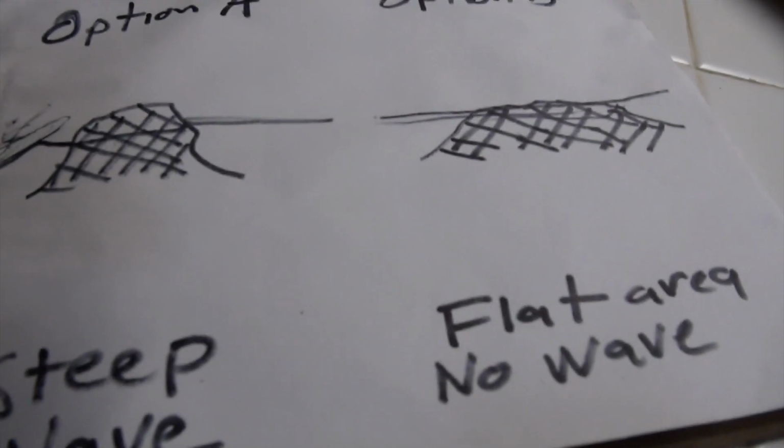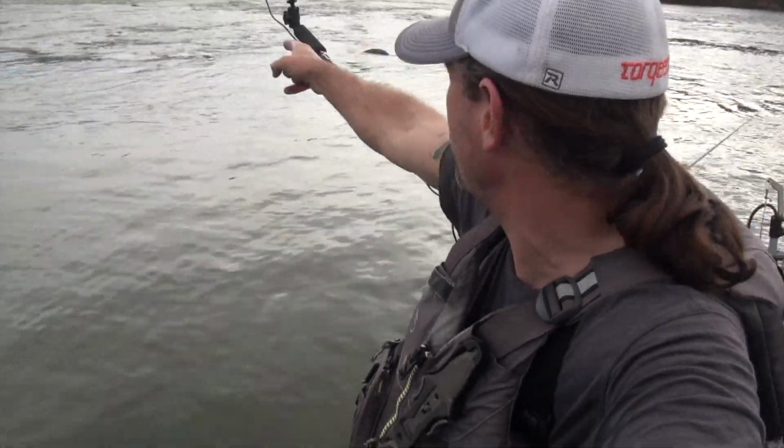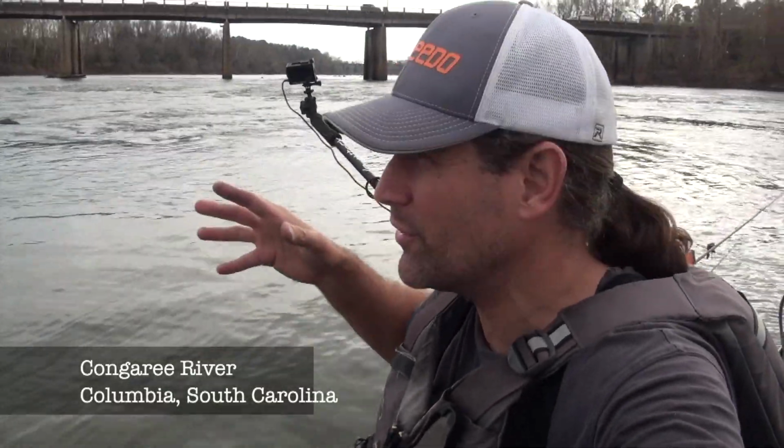Let's go watch me make it up through several different, and I'm in South Carolina, so I have to say shoals. Those in Pennsylvania, I say riffles or rapids. You get it. Let's watch it. So we've made it up through quite a bit. I just made it up through here, and there is somewhat of a